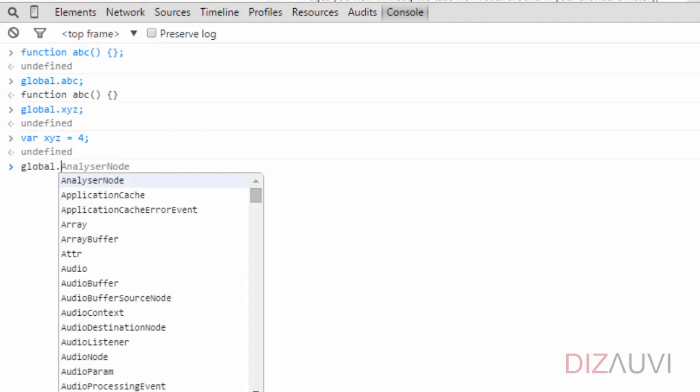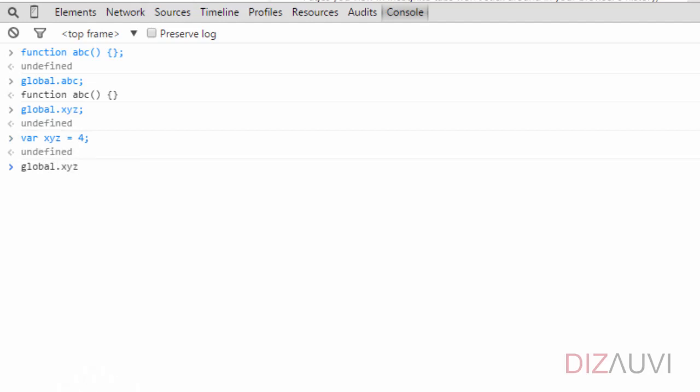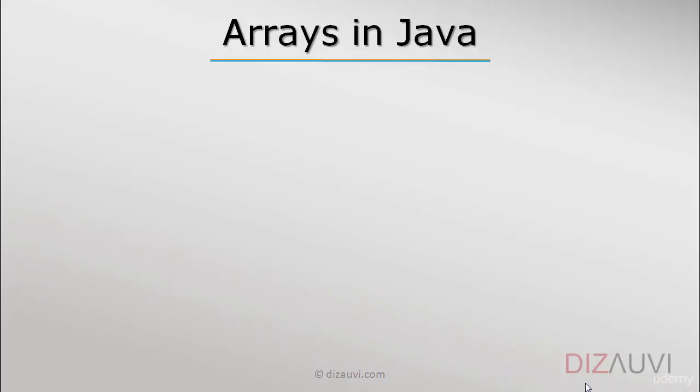Again, if you see, the global object now contains the variable XYZ. Alternatively, you can see the function and the variable created in the window object as well. Because as said earlier, the window object is the same as the global object in context of the browser. Alright?